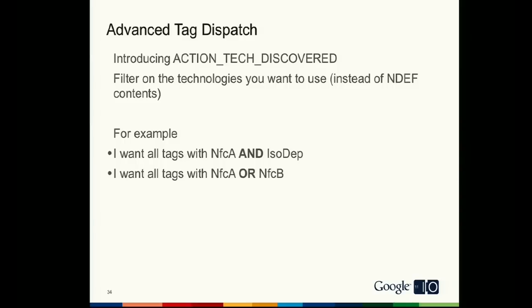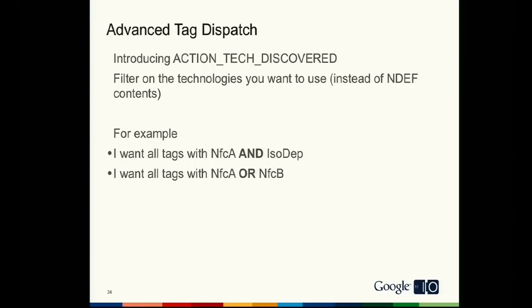The content that you filter on is no longer the NDEF type because we don't know the type. It's some unknown tag with different technologies on it. So instead, you filter on the technologies you want to use. So, for example, if you're writing an application to read information off of a transit card, you might specify that you're looking for cards with NFC A and ISO-DEP because you know that all the transit cards you care about